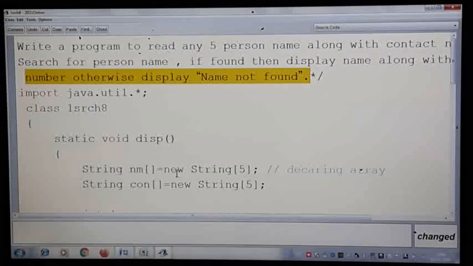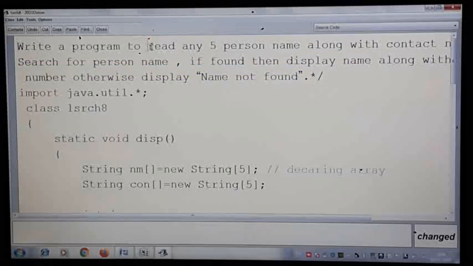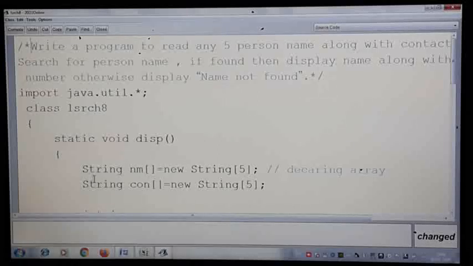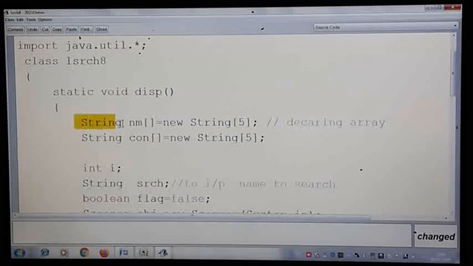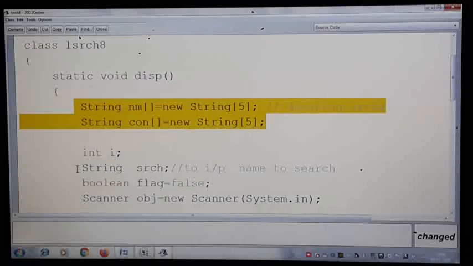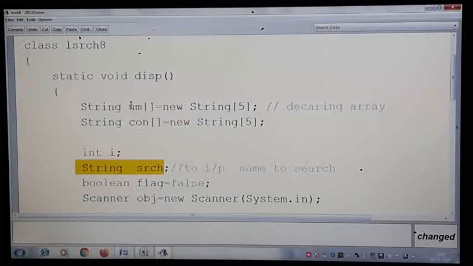So for this program, write a program to read. I changed the question, instead of initializing, I have changed it to reading from the user. So here I have taken two arrays, one for name and one for contact number. Then what type of data are we searching for? Name is what type? String type.